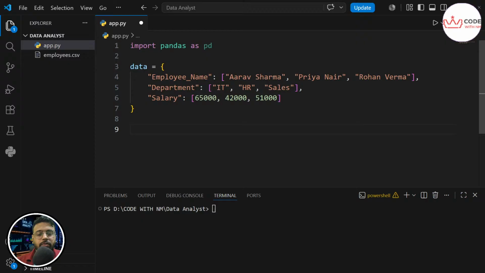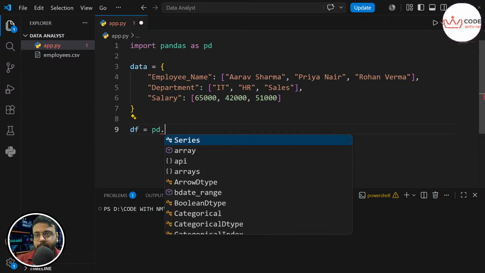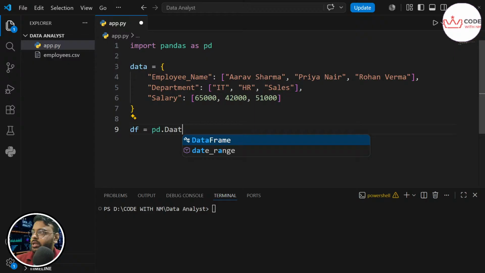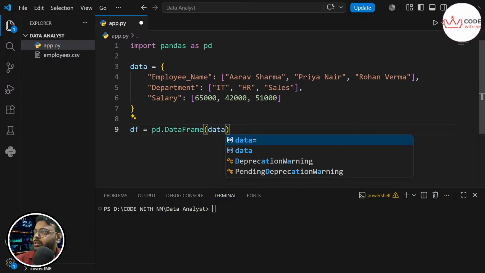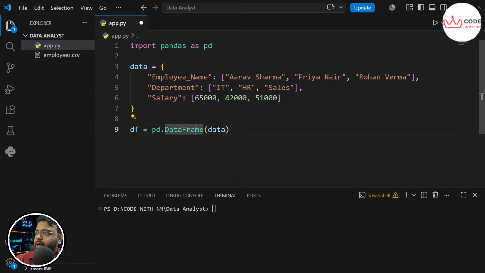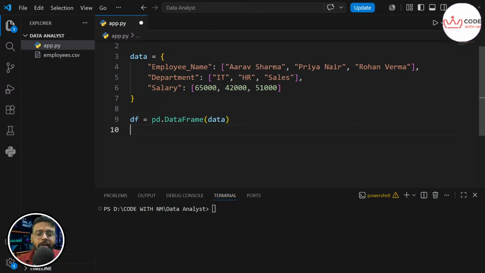First, we give the variable name, df, equals pd dot DataFrame, from the pandas library, and we are converting the above data into a data frame like this. Simple. This is how we have successfully created our data frame.